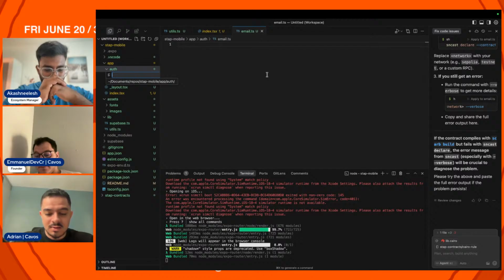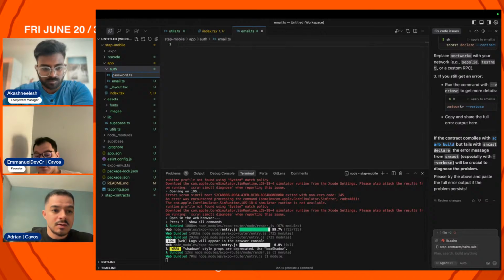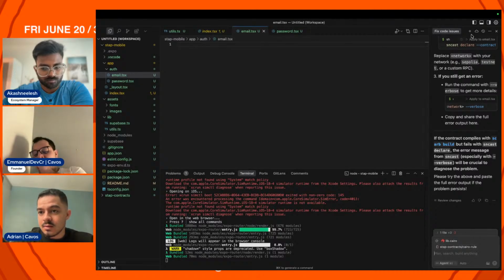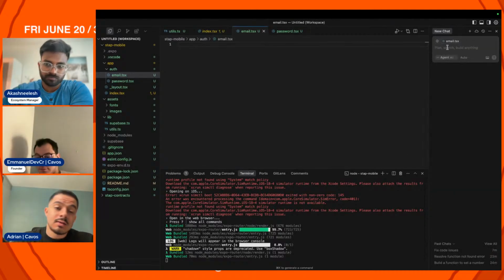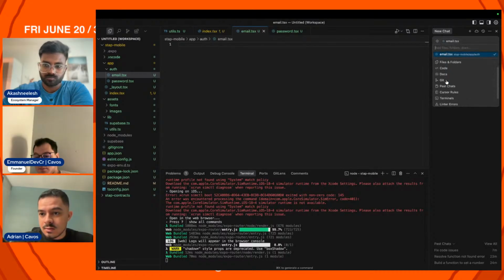Obviously, you don't have to do that because that's very bad, and you would probably use an OTP instead of just setting a password. What we're going to do is just set up the password and the email, because on local development you can do that. You just do email and password without verifying the email. So let's give him the context to use